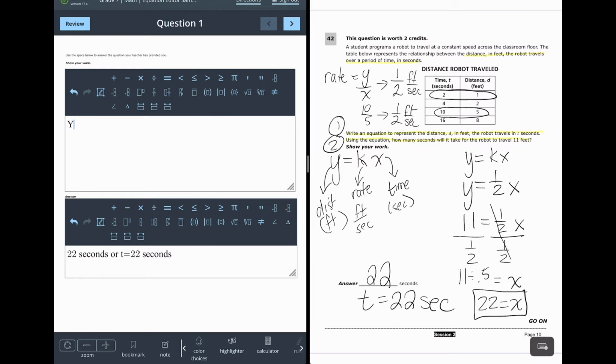So I'm going to start by writing my equation. I don't want to capitalize. I wanted to have a small y. And it's okay if it's capitalized, it just bugged me. y equals kx. And I'm going to put, because I like the k, k is equal to, and I'm going to use my fraction, I'm going to tap it, y over x,